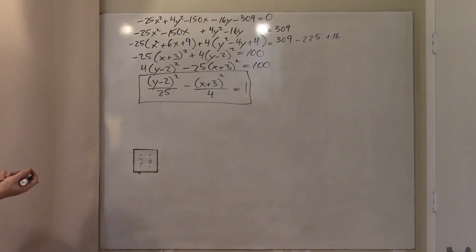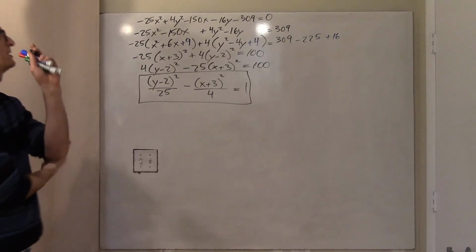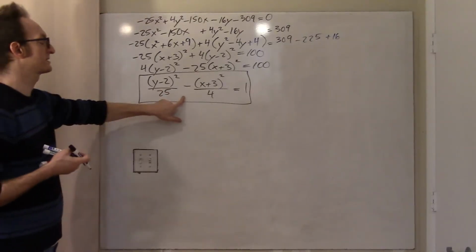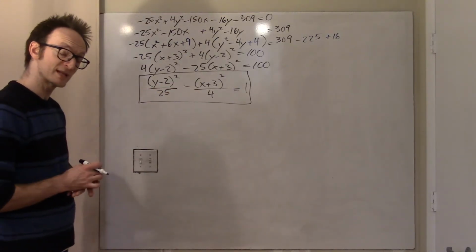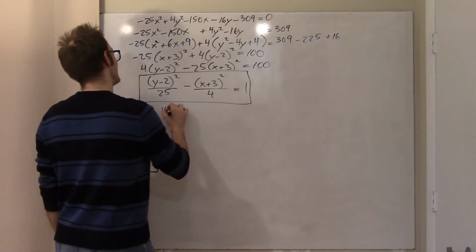Looking good. Now what? Now I'm kind of just ready to begin this problem. What do I see? Well, this hyperbola is in the form y squared minus x squared. So if this hyperbola is in the form y squared minus x squared, then this is going to be a vertical